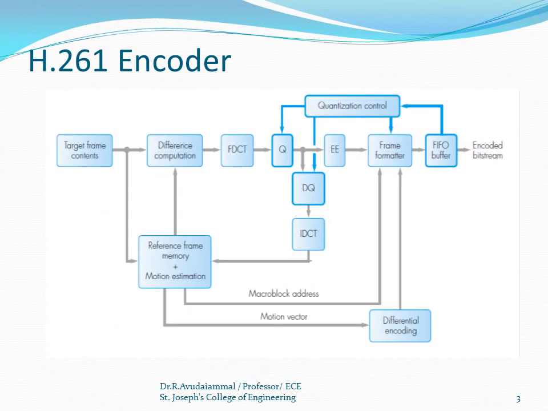The encoder of H.261 follows the P-frame encoding mechanism. Here, the target frame contains the frame to be encoded. The frame to be encoded is given as an input to a difference computation, and then the pixel values are converted into frequency coefficients using the discrete cosine transform, like JPEG and I-frame encoding. Then these frequency coefficients are quantized using tables, entropy encoded and transmitted.